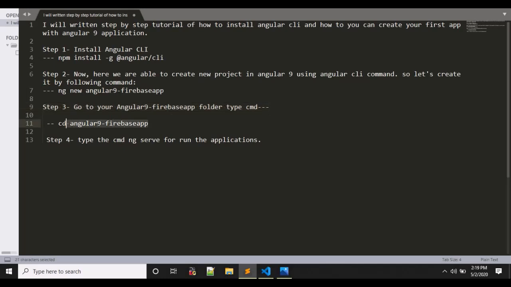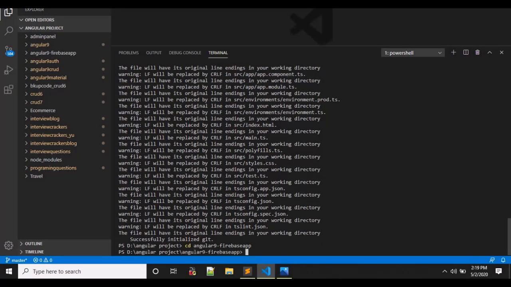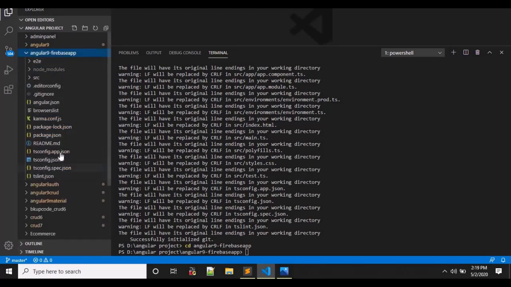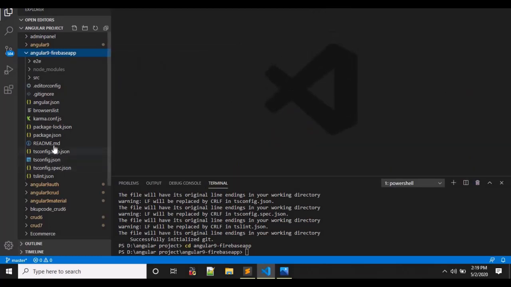Now go to step 3 and type the command cd angular9-firebase-app. So type cd Angular 9 Firebase app, click enter. Now you can enter the Angular 9 Firebase app folder. So in this folder you can see the